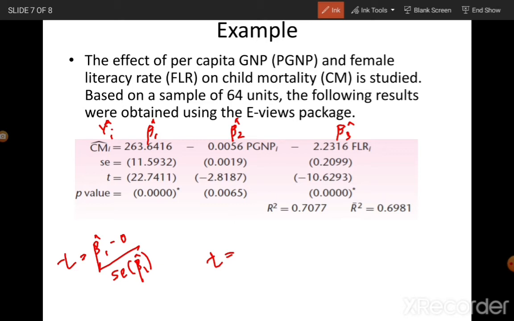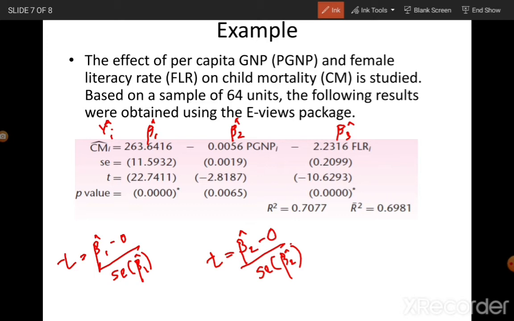If that is the case, the test statistic will be the estimated beta 2 hat minus what has been specified in the null, that beta 2 equal to 0, divided by the standard error of beta 2 hat. So here also your t statistic is calculated as beta 2 hat divided by the standard error of beta 2 hat, and that is the value given to you in the brackets,